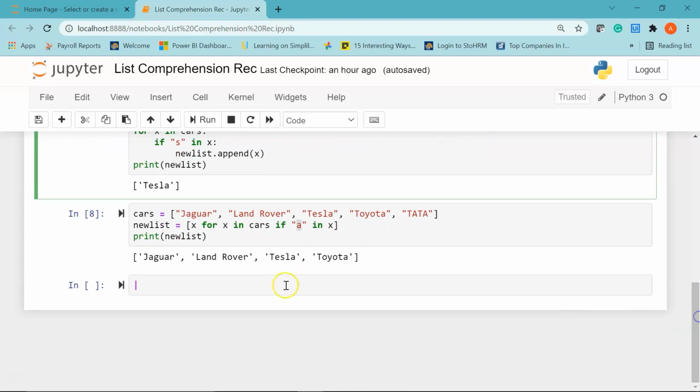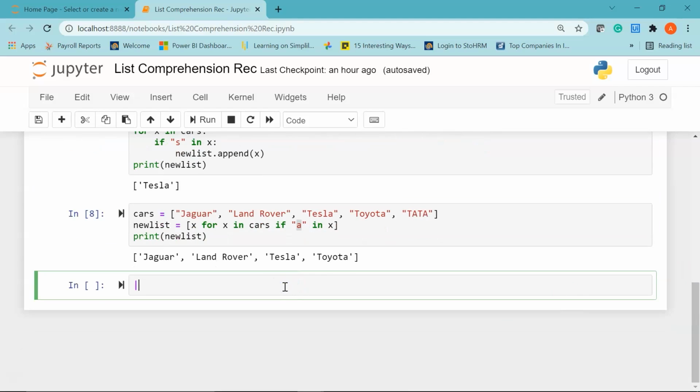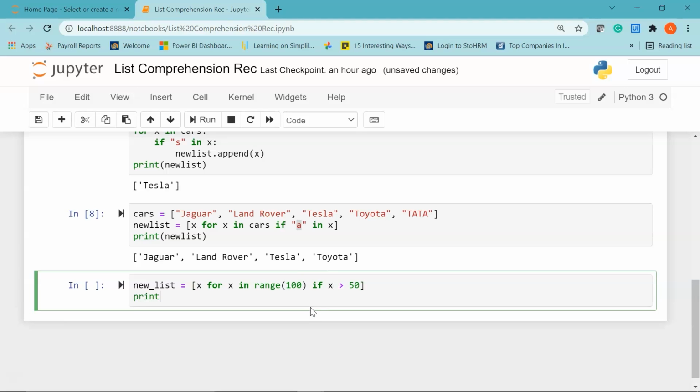Alright, now moving ahead, I'm going to show you how you can filter only those values in a list of integers that are greater than 50. So I'll say new_list equal to, x for x in range. I'm using the range function, so I want to print the list of the first 100 integers, and I'll use my condition if x is greater than 50. Now let me go ahead and print my new list, which is new_list.